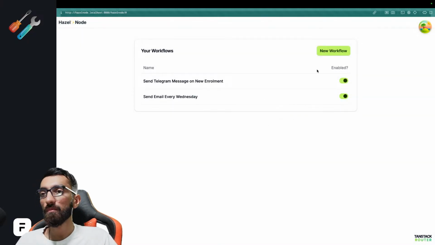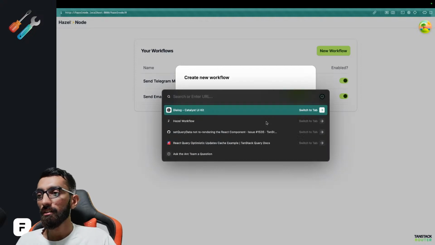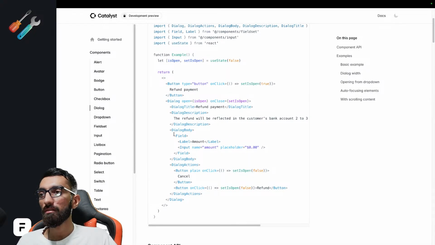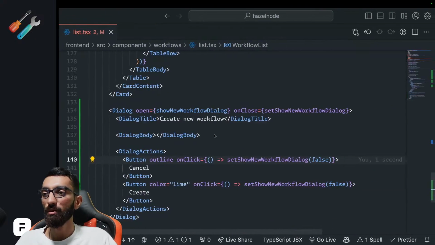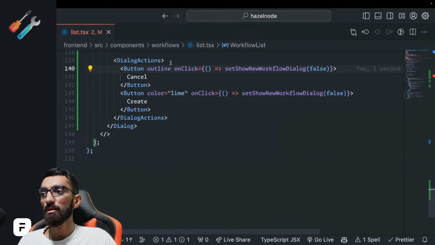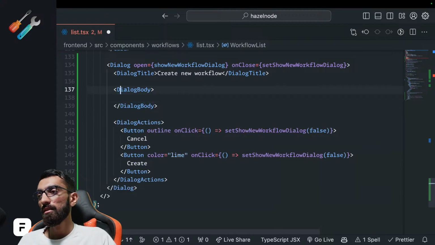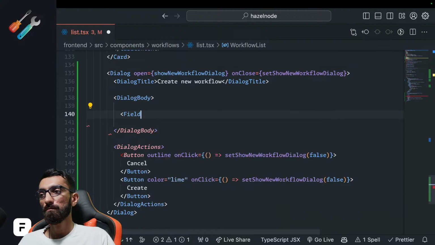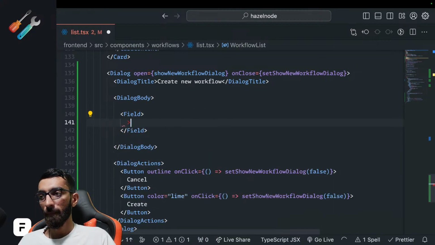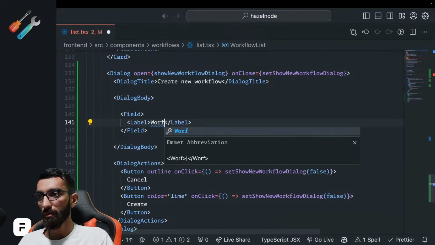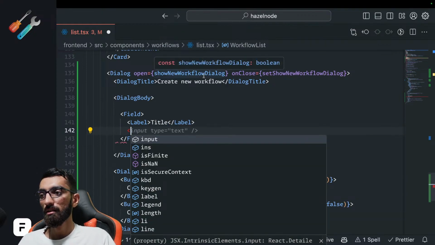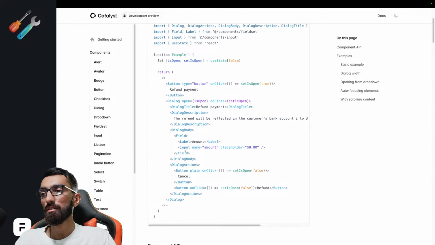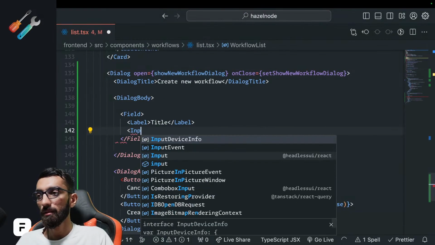Yeah, let's add a body to this dialog, of course. So field label input, this is exactly what we want. So we'll say we want in the body, right? Field, label will be workflow, or we can call it just title, and this will be input. We want an input,